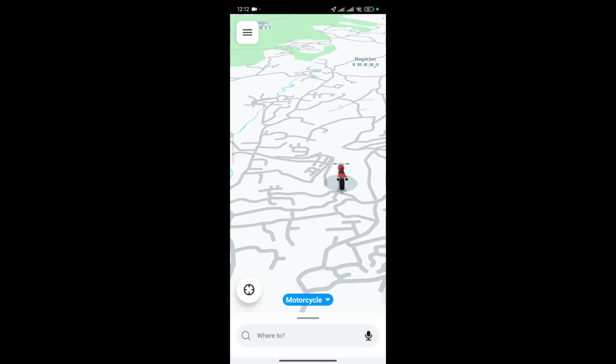Wanna know how to use the Waze app in offline mode? Well, no worries. In this video, I'm going to show you an easy step-by-step process on how to do it. It's super simple, so let's get right into it. Now, using Waze offline does not have a direct setting in its app, but there is a small trick that